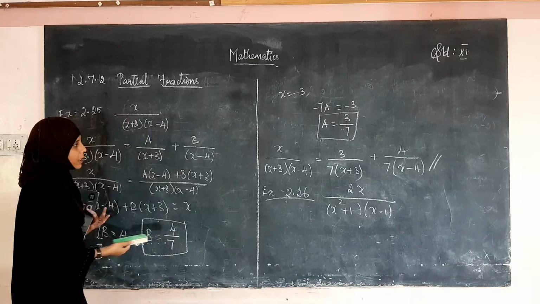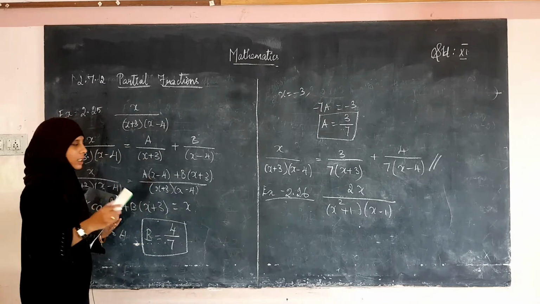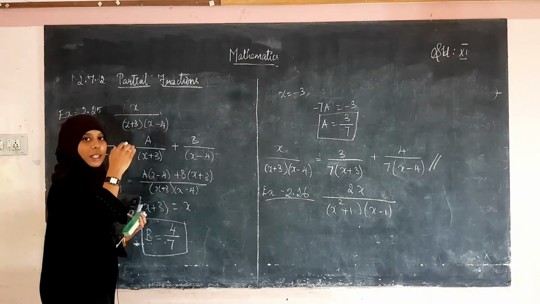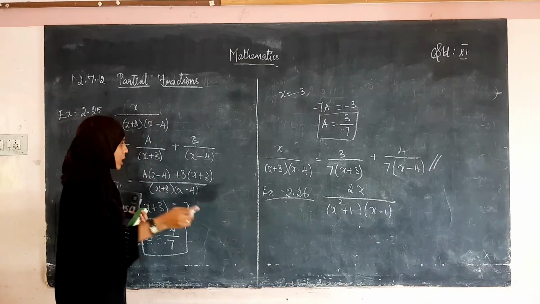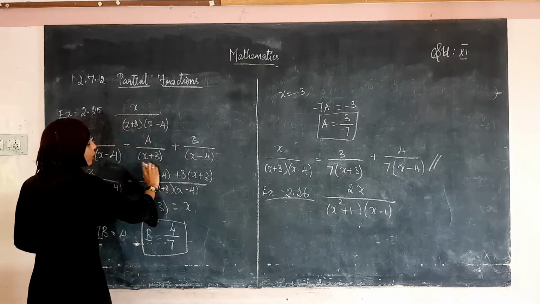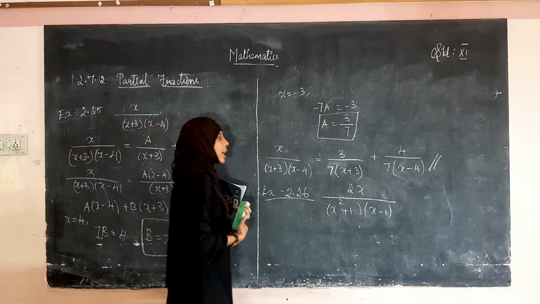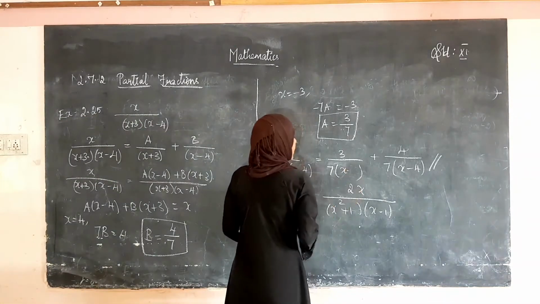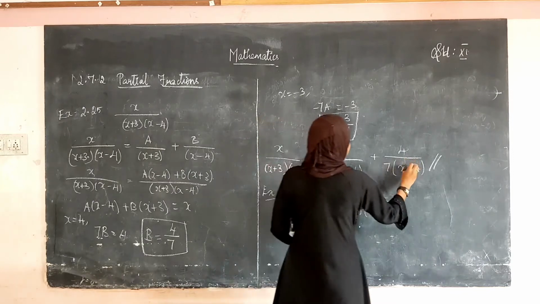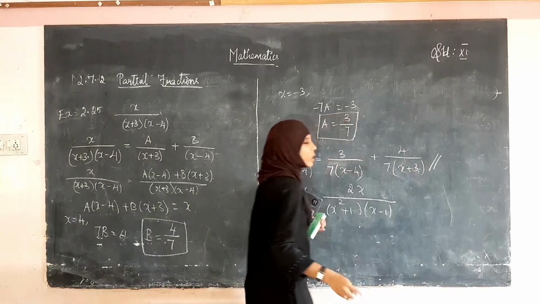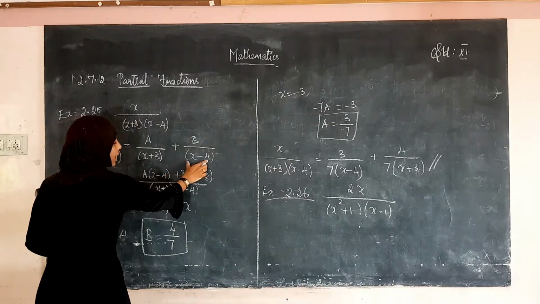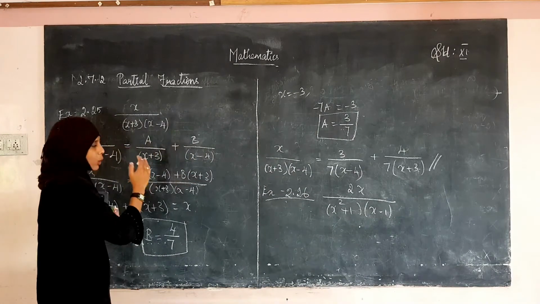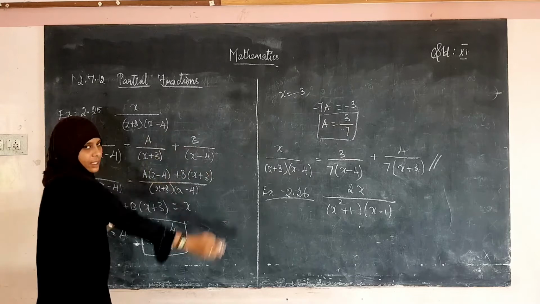see there is a mistake here. The thing is, first, in ascending order, first the negative comes, after that the positive comes. So x minus 4 should come, then x plus 3. So here the answer will be x minus 4 here, and here it is x plus 3. It is a slight change. When we write the factors, first x minus 4, the minus comes first. So minus 4 first, after that x plus 3.